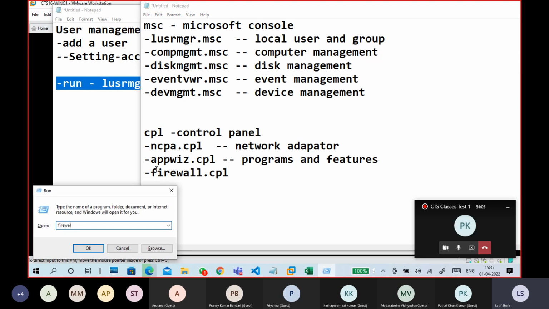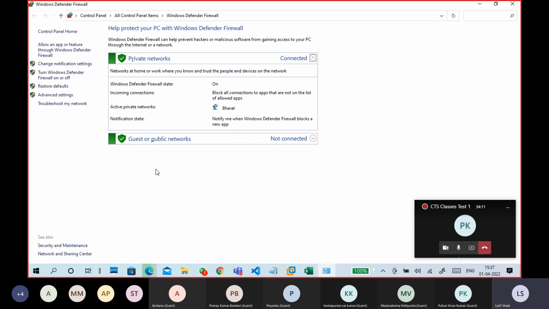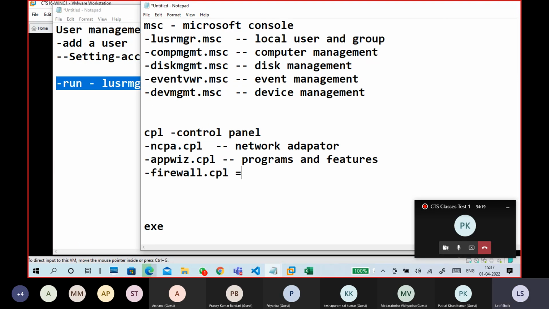So when you find a new thing, verify it, whenever you are using it from run. Okay, so obviously you can do it. So this is the firewall management. Okay, so like that, control panel related kind of stuff also.